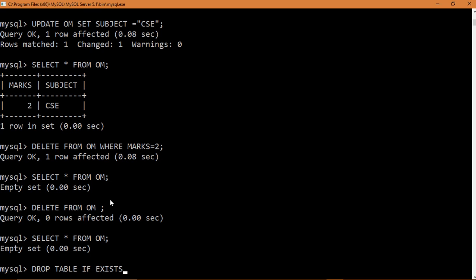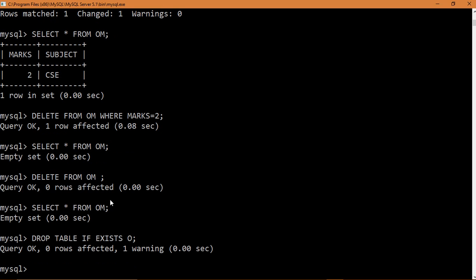If it does not exist, then it will not show any type of error. Say I know that table O is nowhere existing. I have not made this type of table, but still I just want to show you something. Drop table if exists O. O does not exist, we know that, still it is not showing an error.